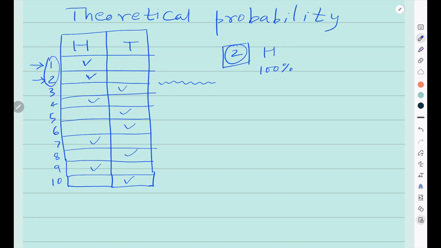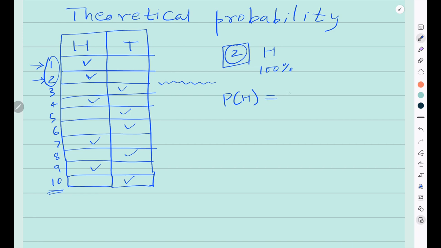We just did it 2 times. If we do it a sufficiently large number of times, 10 is also a small number, 100 or 1000, then what will happen is that the probability of getting head